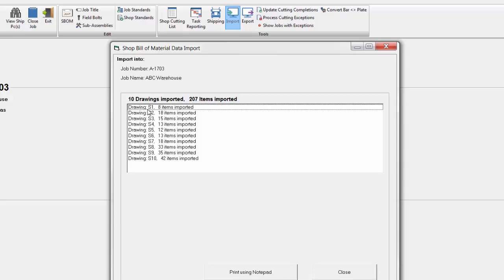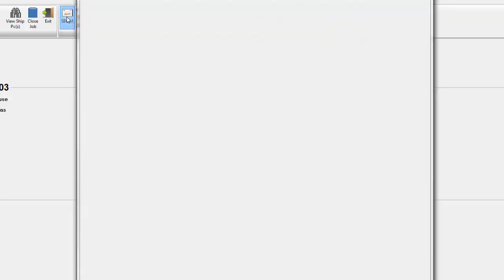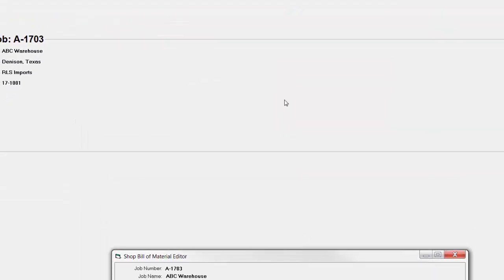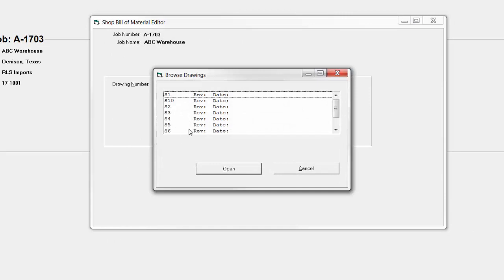So here we have the 10 drawings that have been imported, which comprises 207 total items. We'll close that, and now we'll go to our shop bill of material up here to look at our drawing. Let me resize this screen for you. We'll go here and we'll browse for the drawing number we want to open. You can see all 10 drawings are here. We'll open S1,